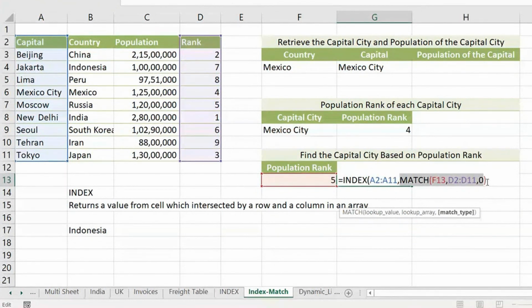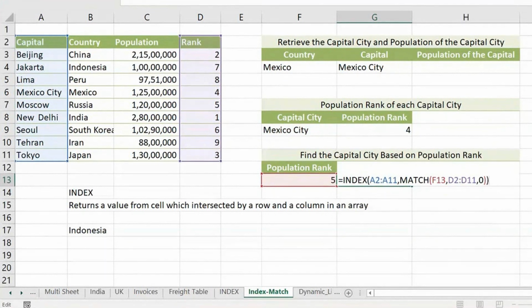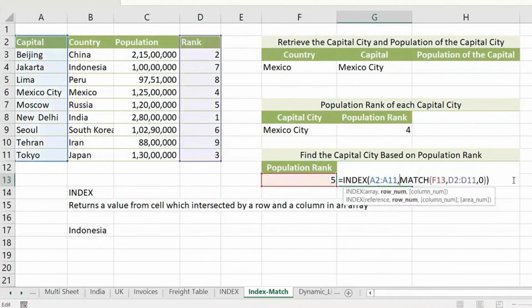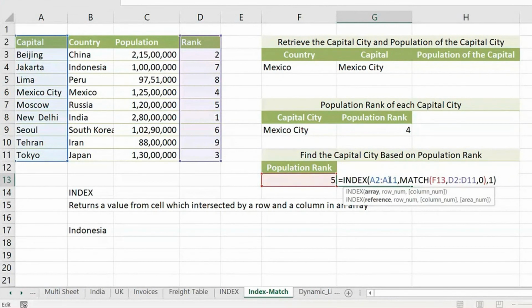Then what are we left with? Column number. Now what do you think is the column number? Look at this. Because it's just a one column table, see, can you see this? This is in square brackets. I believe you don't have to give this parameter also. You don't have to tell 1. Don't tell anything, just close the bracket. Enter. You don't have to give the last parameter also, dear. If you put 1 and close, it does the same work. If you don't put 1, just close it directly. INDEX is happy with just two inputs.